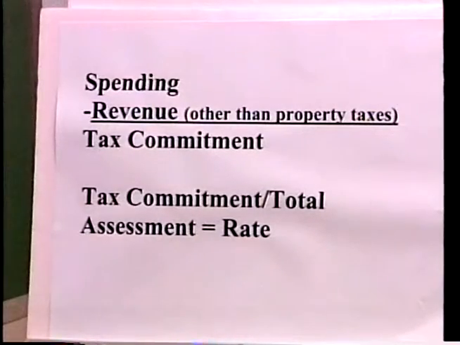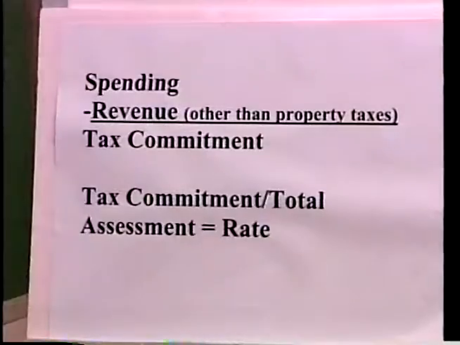As you know, real estate has been going up in value. If you've looked at what your neighbors have sold their homes for, those values have continually gone up. And as the total assessment, which is the bottom number in that equation, goes up, the rate will come down. That doesn't mean the tax commitment changes. We need to raise the same amount of money that's determined by subtracting revenue from spending. It simply means that the rate will be lower because the assessment of the town as a whole is higher.